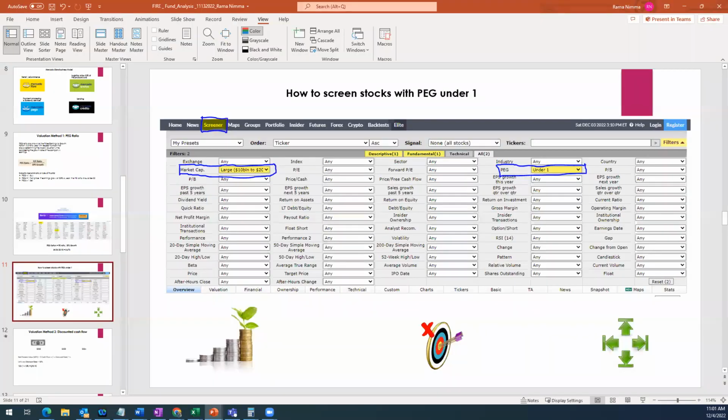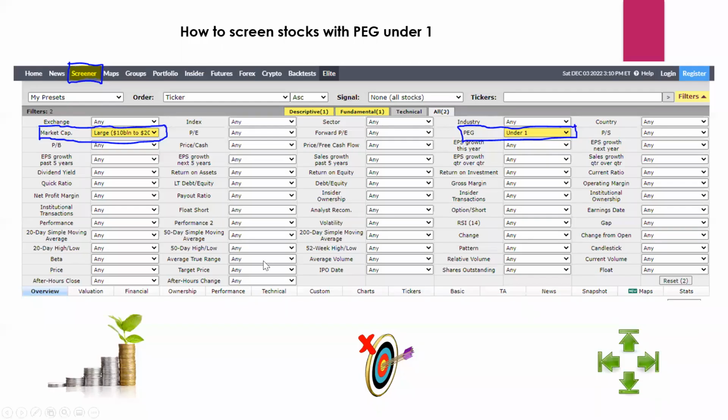But again, as I was saying, this has its own limitations. Why? This is very simple, right? So one can think, it's very easy, I'll go and pick some stocks and start investing. But as I was saying, there are some limitations. The company should be making money, and it is not always accurate. The reason why is because